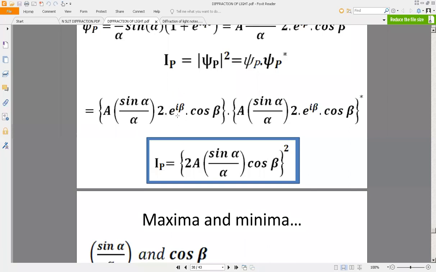So what we are left with here is A square sin square alpha by alpha square. This is the single slit term, and then cos beta whole square. Now please appreciate that the expression for single slit was just A sin alpha by alpha square. There was no 2 cos beta for the single slit case. Why is this 2 cos beta suddenly coming? It is only because